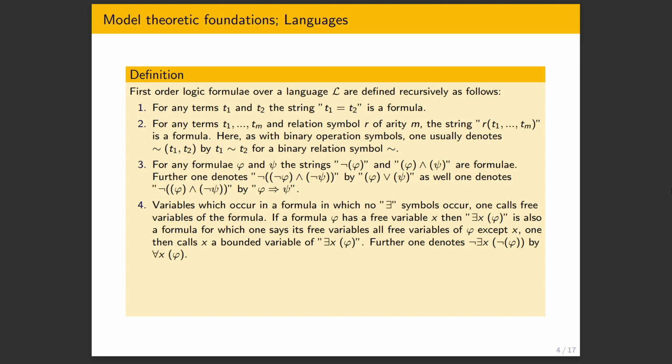Formulae in which, so we have some formula and then there's some variable symbols in it. If in this formula nowhere this existential quantifier symbol occurs, we call the variables which occur in it just the free variables of the formula. If it does occur, then the variables which it occurs before are called bounded and are no longer considered free variables of the formula. And we can formulate to say recursively that if you have a formula phi with a free variable x, then the existent x such that phi, written as such, is also a formula, but now it doesn't have x as a free variable anymore.